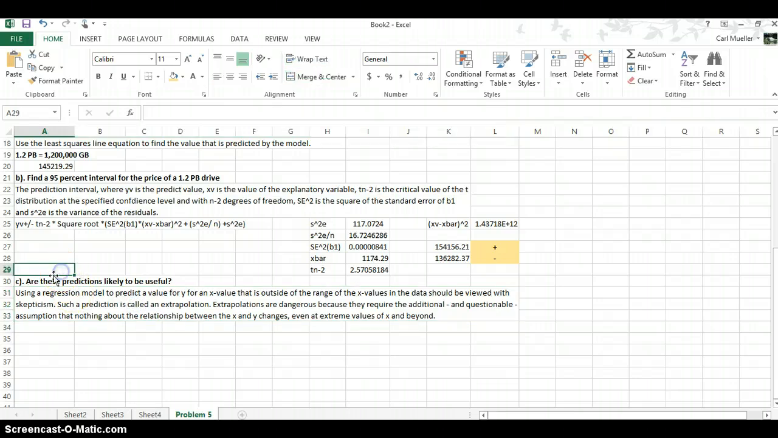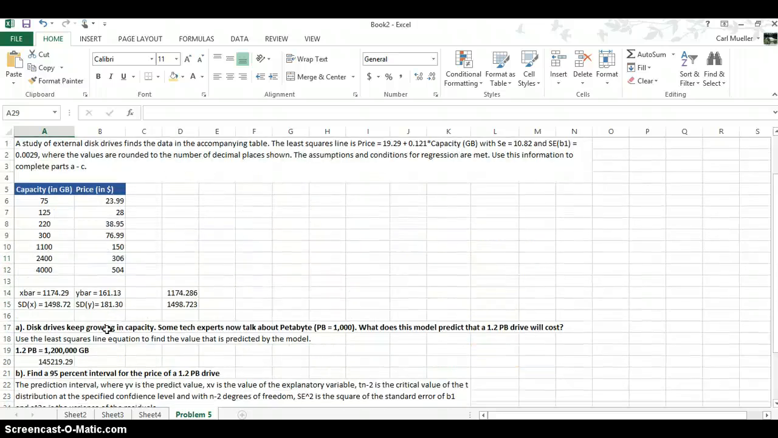And then part C, are these predictions likely to be useful? Well, using a regression model to predict a value for y, for an x value that is outside the range of the x values in the data, should be viewed with skepticism, and such a prediction is called an extrapolation. Extrapolations are dangerous because they require the additional and questionable assumption that nothing about the relationship between the x and y changes, even at the extreme values. So what does that mean? In a general format, if your data only goes between 75 and 4,000 gigabytes, and you're trying to predict with a regression equation something as high as 1.2 million, you really have to view